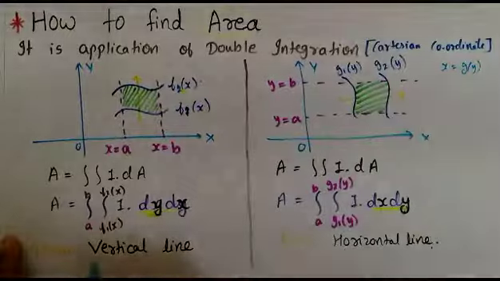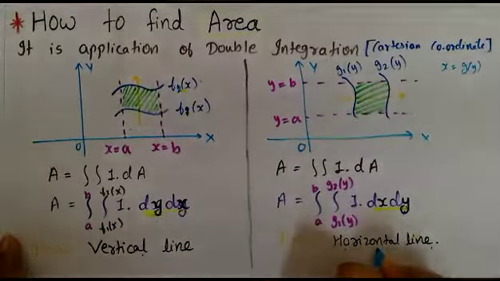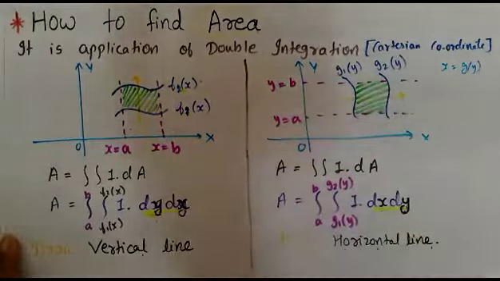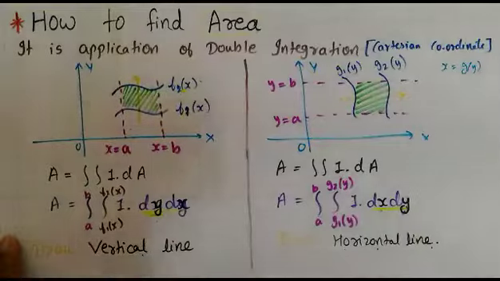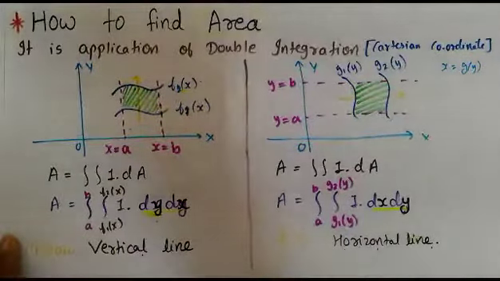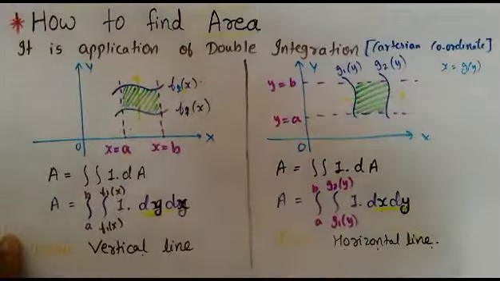So this was the concept of where we have to use a vertical line and where we have to use a horizontal line. This method is very helpful to find the area. By this simple method, by these two ways, you will be able to solve all SOM series examples, which are around 40 to 41 examples, in which few are of arc length, few are of area. So this is going to be very useful to you.